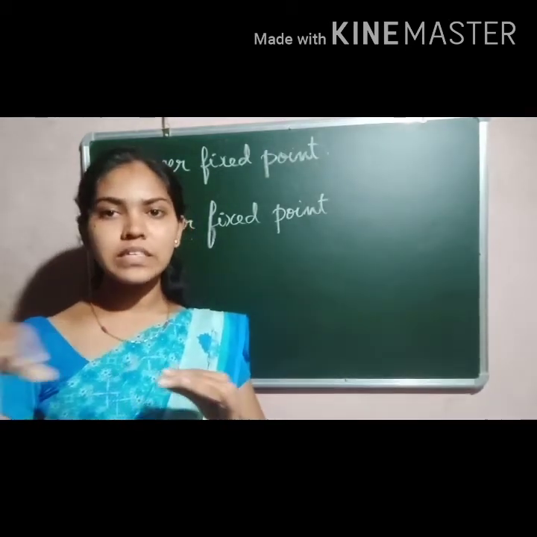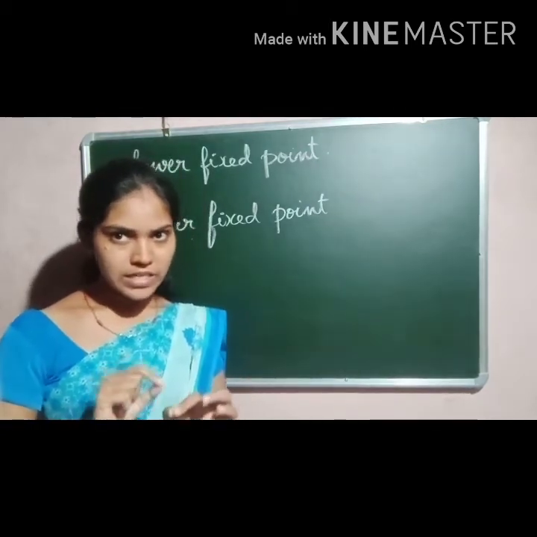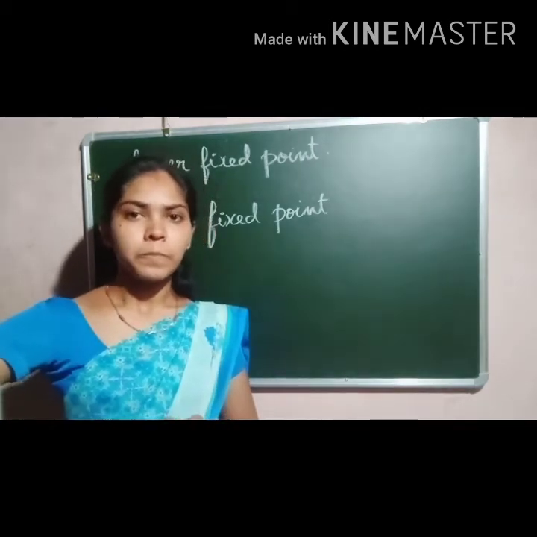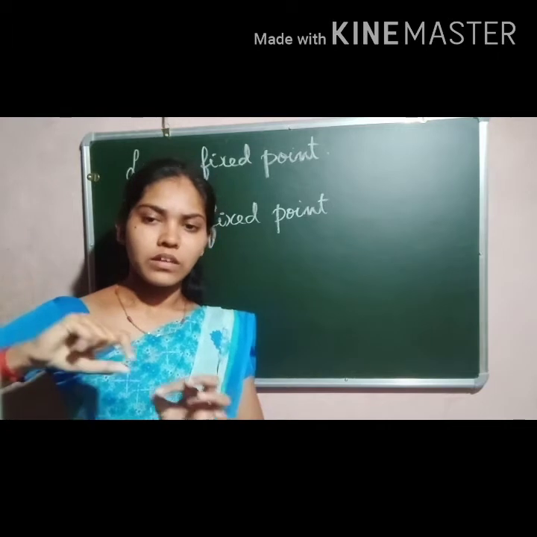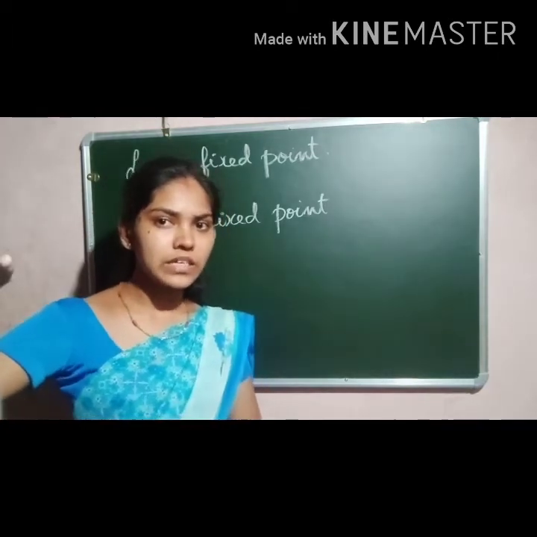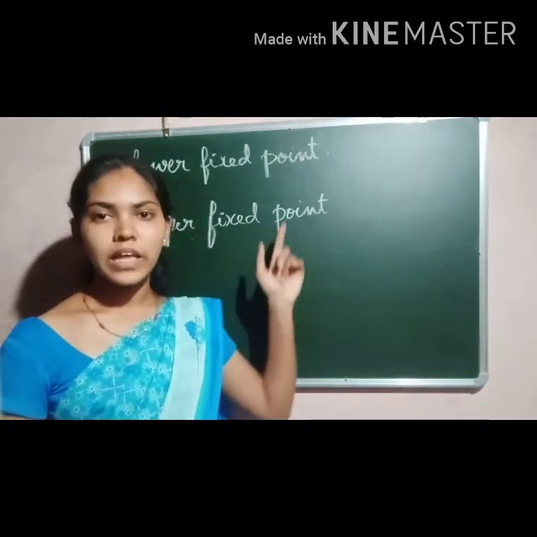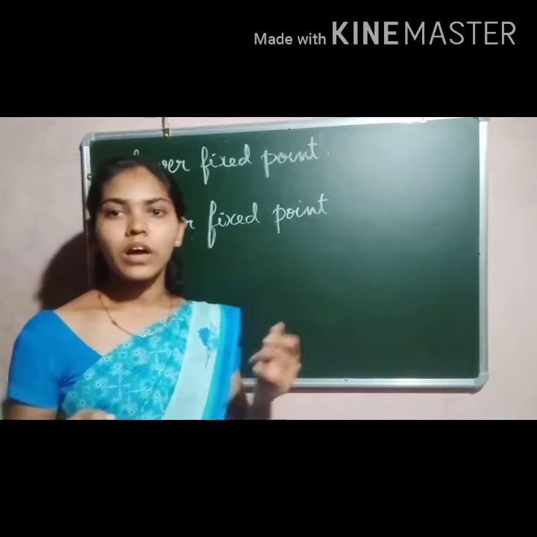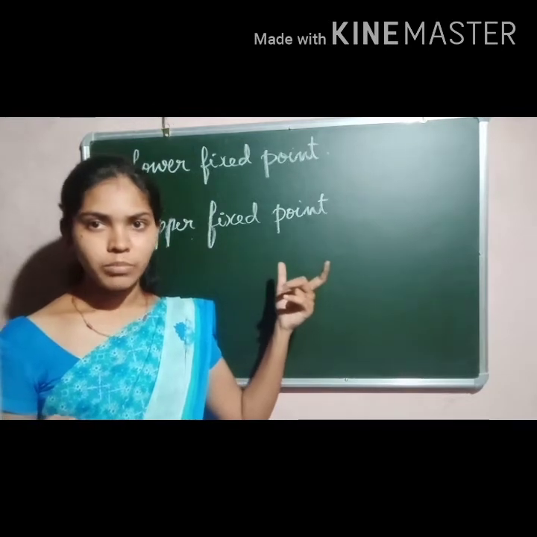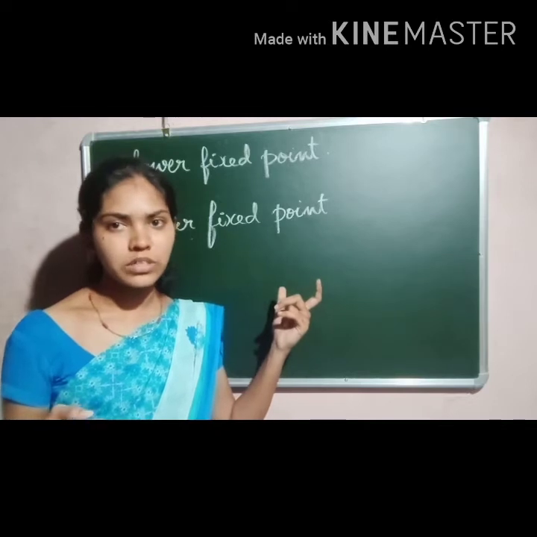See, in the meter scale there is the starting point, a lower fixed point, that is 0. And in the small centimeter scale you can see the highest fixed point, it is 15. Like that, in the thermometer scale also there are two fixed points. These are used as standard fixed points to measure any object, considered as standard units.